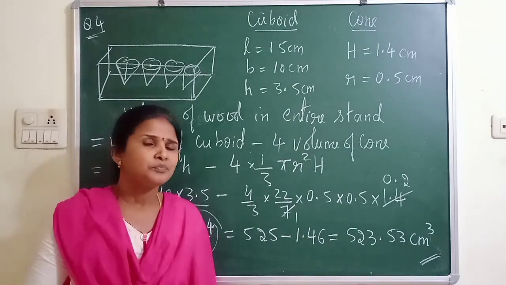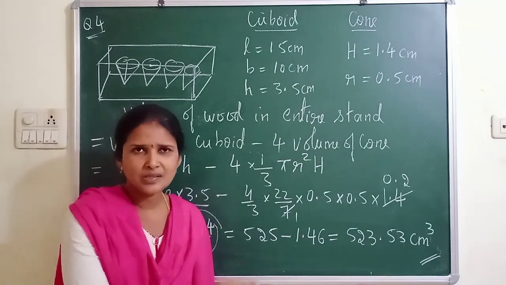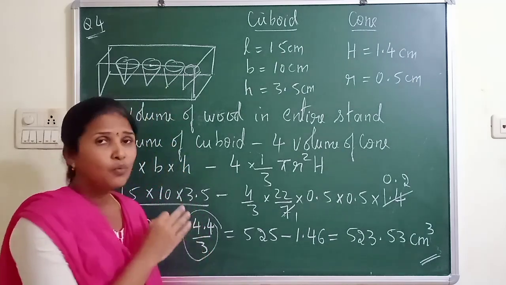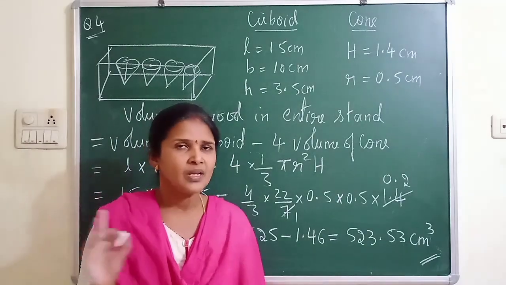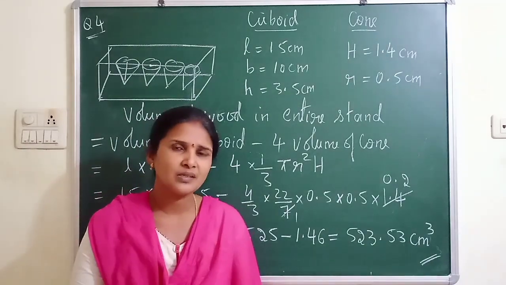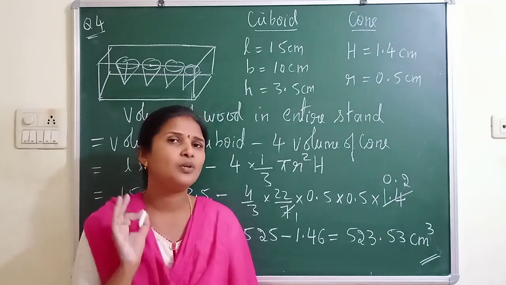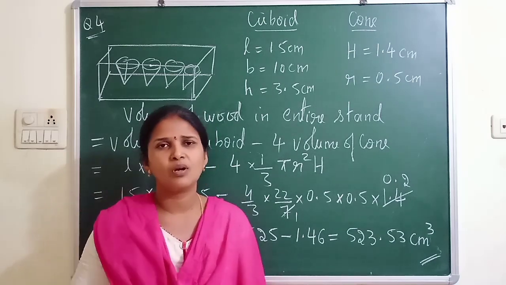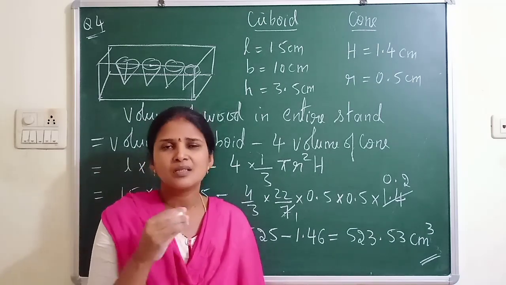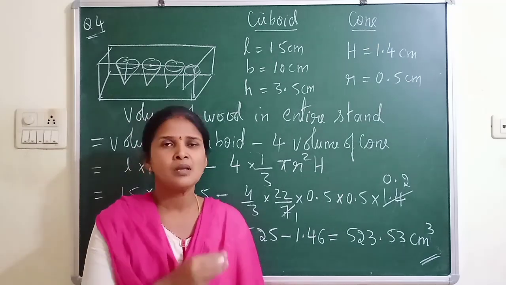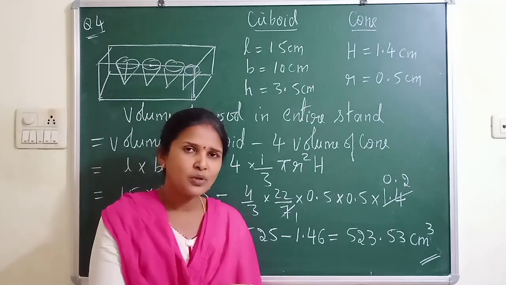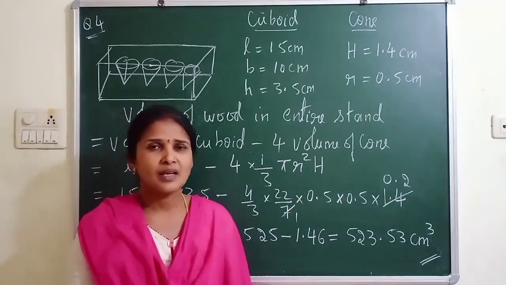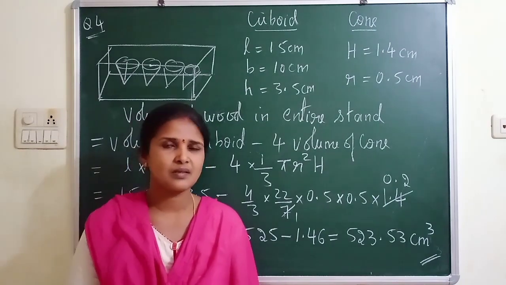So concentrate. In the first exercise, 13.1, it is regarding area. And 13.2 is completely volume. In 13.1 you try to understand when we are doing addition and when we are doing subtraction. These are the main points to remember. Don't do it casually, going on doing question number 1 after another. Try to understand. Some key points will be there in every exercise. So in the first exercise you should understand when you have to add and when you have to subtract. And in the second exercise also, when you have to add and when you have to subtract. I said I will explain this again at the end of this exercise. Thank you.